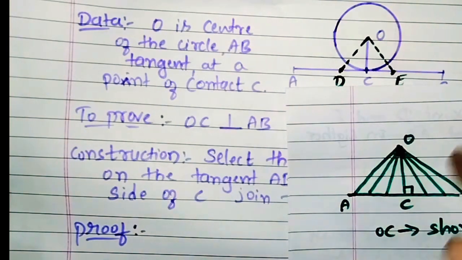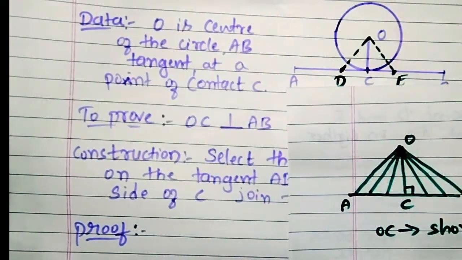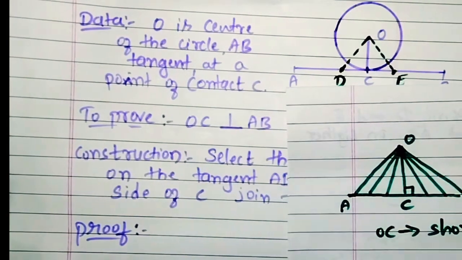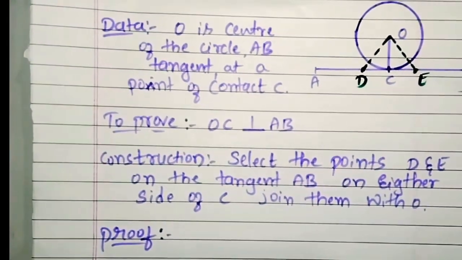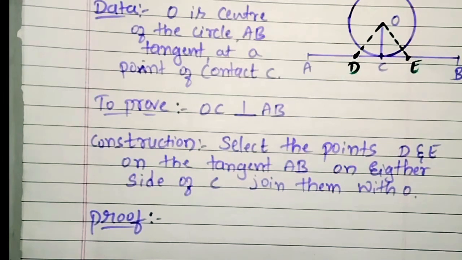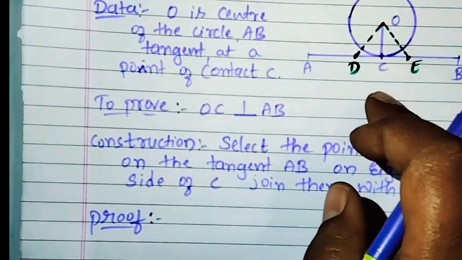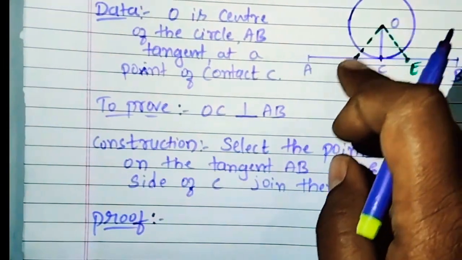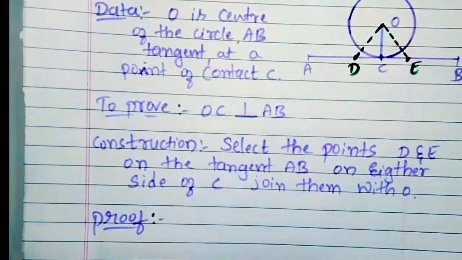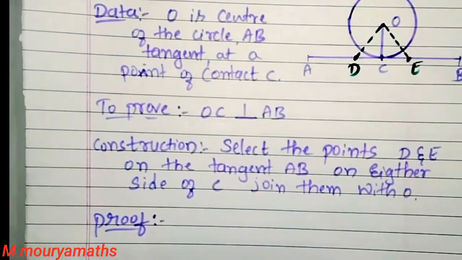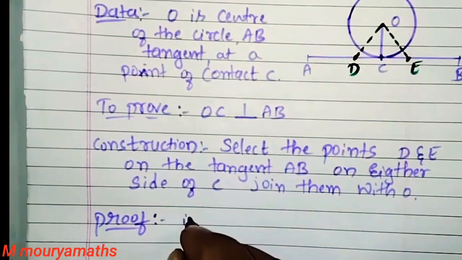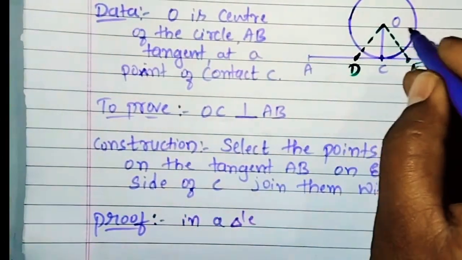Okay, you have learned this in 8th or 9th standard. This concept we will use for this proof. Okay, so now let's continue the proof of this theorem. Now my dear students, in the proof, after doing the construction, you are observing there are two new triangles, that is OCD and OCE. Is it right? Therefore, now in a right triangle, which one?